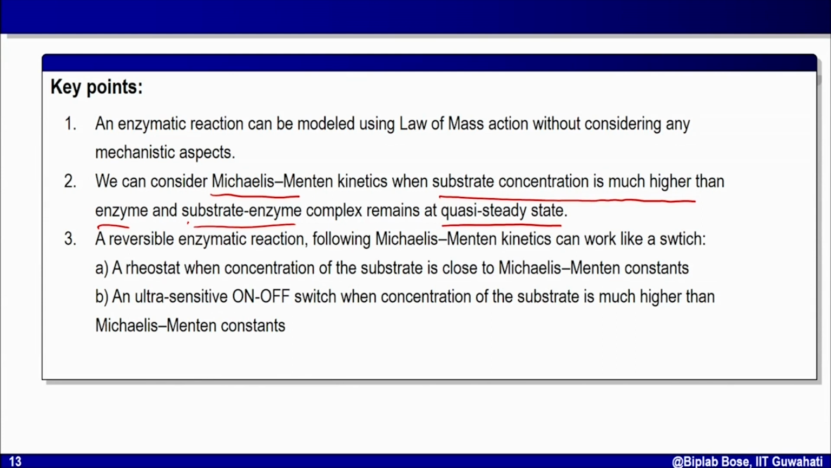If I have a reversible reaction scheme which works as a switch in a large cascade, and if both the processes, the forward and reverse reactions, follow Michaelis-Menten kinetics, then I can get a switch which has two behaviors. When the substrate concentration is close to the Michaelis-Menten constant, the switch will work like a rheostat. When the concentration of the substrates is much higher than the Michaelis-Menten constant, the same reversible reaction switch will work as an